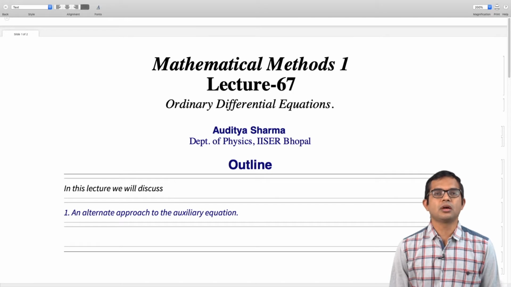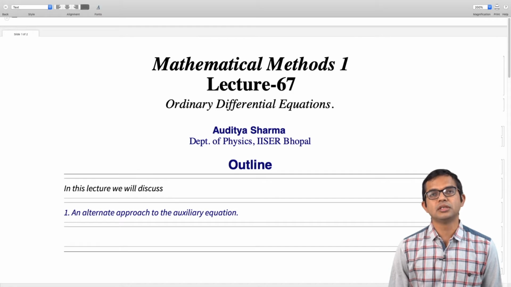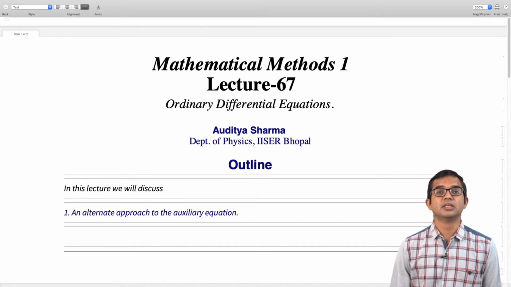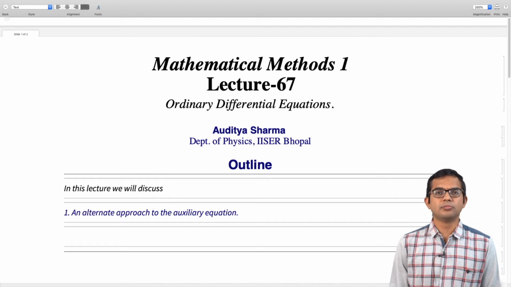Okay, so we have seen how a homogeneous second order differential equation, which is linear and with constant coefficients, can be solved. You look at the auxiliary equation, find its roots, and then basically you're able to write down the solution for the problem. Now in this lecture we will basically revisit this procedure, but give a slightly different way of thinking about the same thing. The essential results would be a repetition, but it's just an alternate perspective.